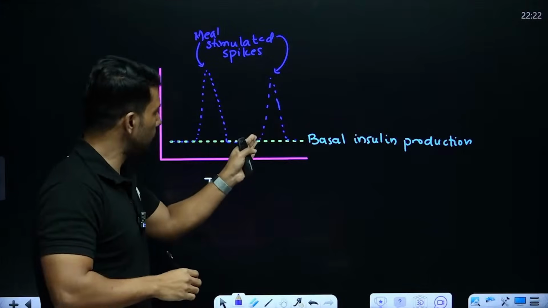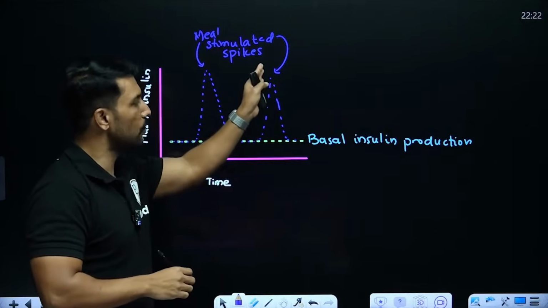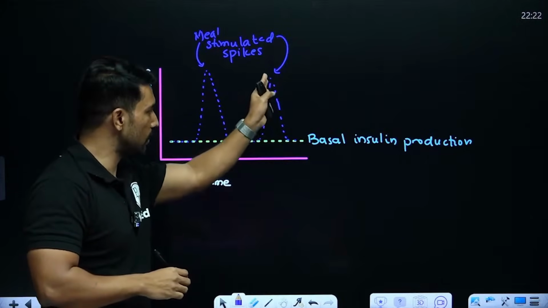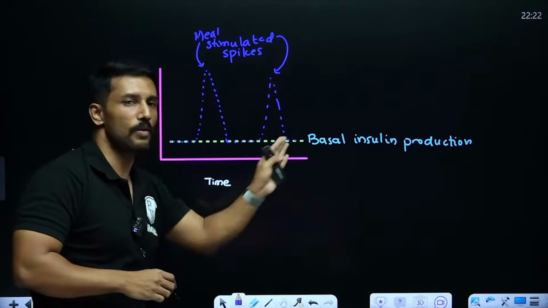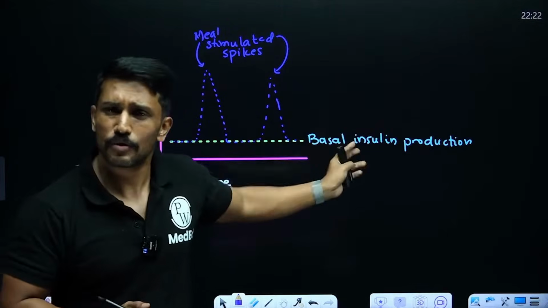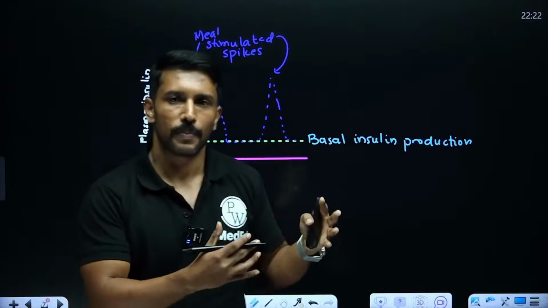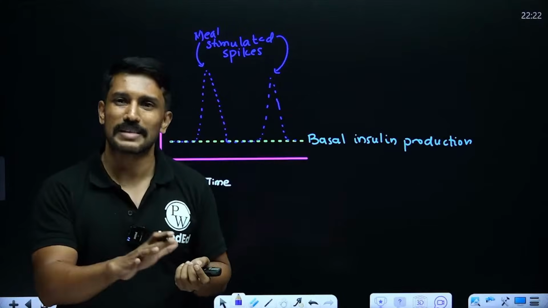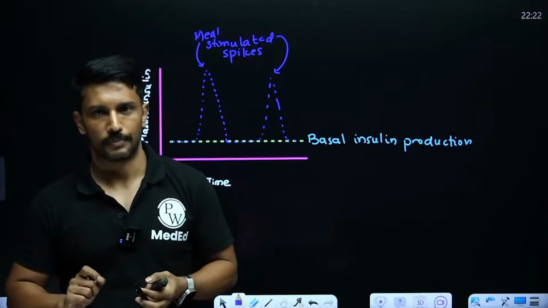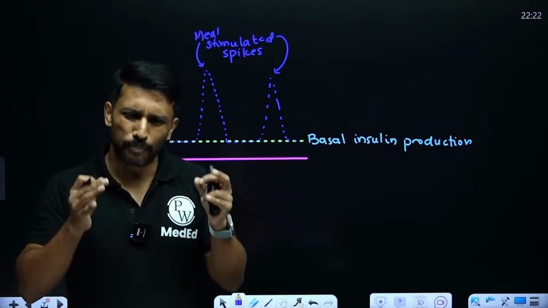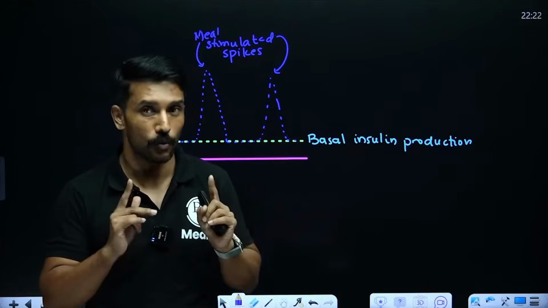If I take another meal, blood glucose level spikes up, and proportionately the insulin level spikes up until the blood glucose level comes down. Once the blood glucose level comes down, insulin also comes down. Now, why am I stressing so much on this? Because tomorrow, if I have to manage somebody's diabetes with the help of insulin, and I want the management to be perfectly matching the physiology, then what I need to do?